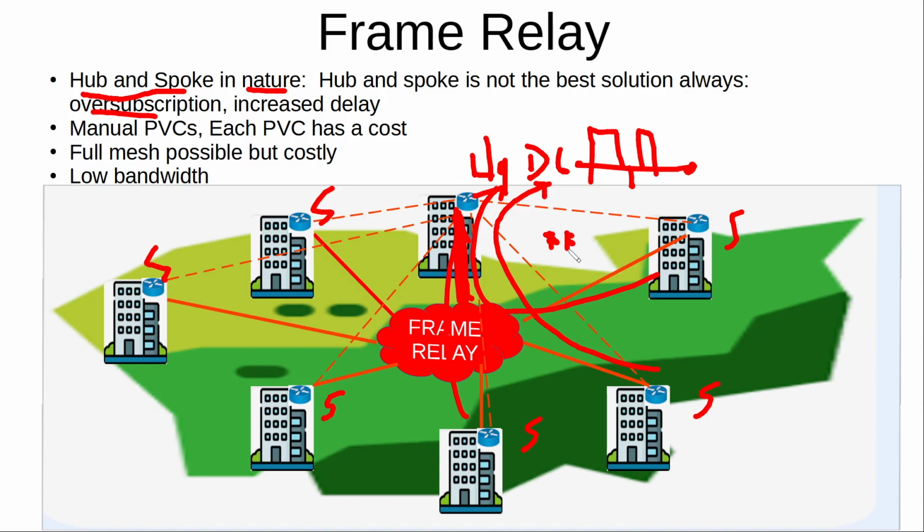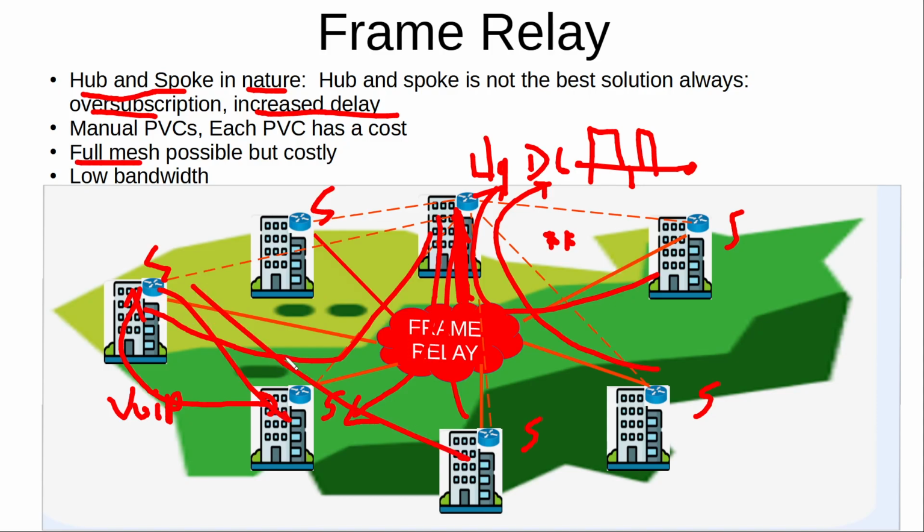The other drawback that hub and spoke topology exposes is increased delay. For instance, if this office wanted to establish a voice over IP call to this other office, this traffic will have to travel to the hub and come back through the hub to the other spoke for every single voice over IP packet. What you want with your wide area network is a full mesh, where one office has direct communication with all the remote offices and so on.